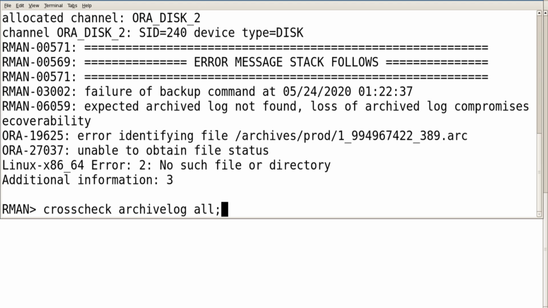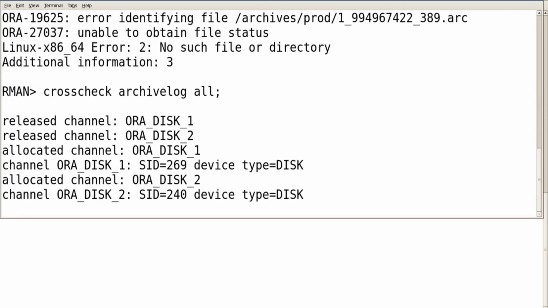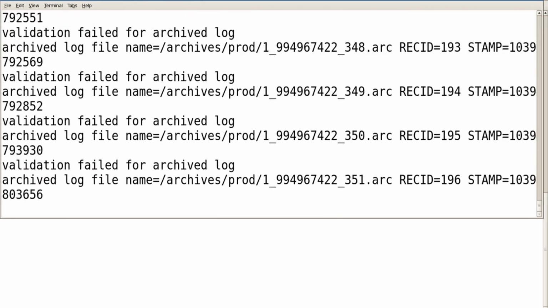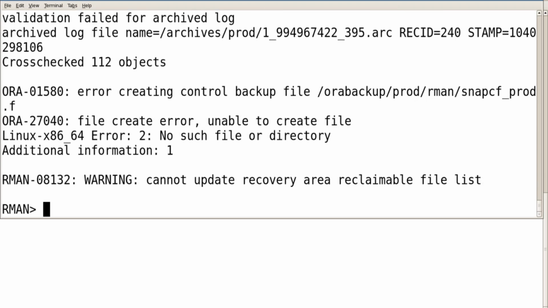This will validate, and we can continue the backup, skipping that file. It's been validated whether succeeded or failed. Those files are missing, so it's failed.